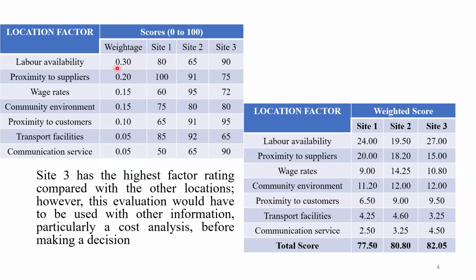For example, 0.30 into 80 gives 24.0, 0.30 into 65 gives 19.50, and 0.30 into 90 gives 27. You do this for all factors and take the sum, so for site 1 you get 77.5, and for site 2,